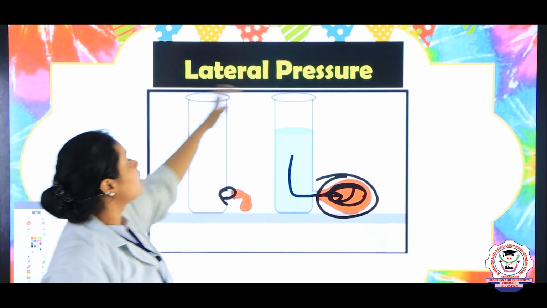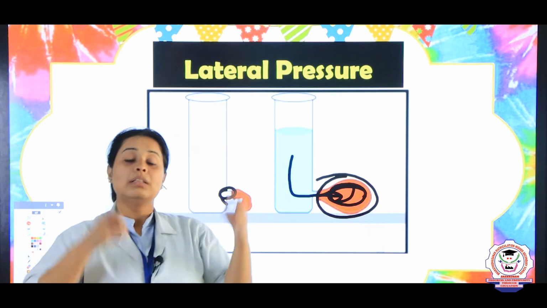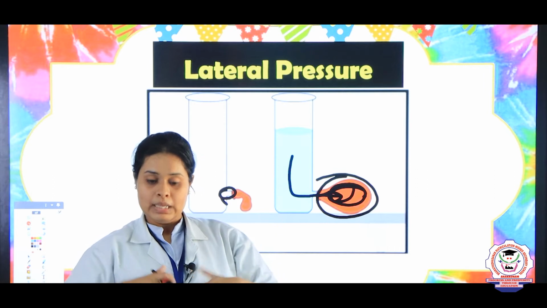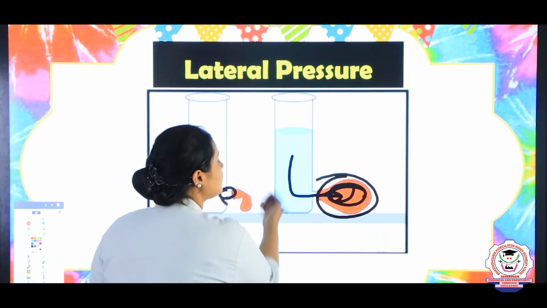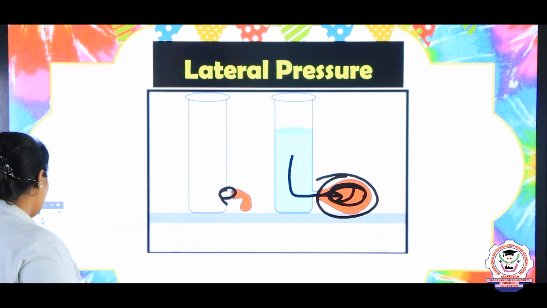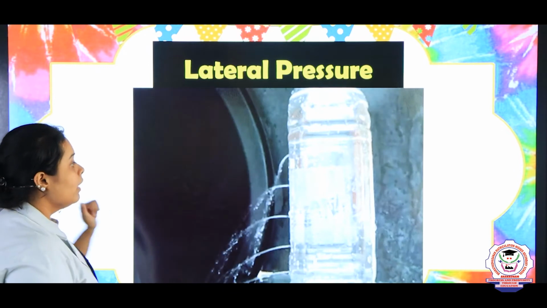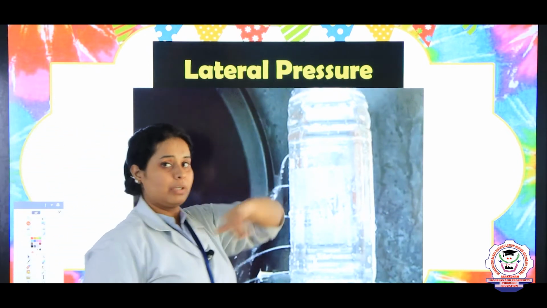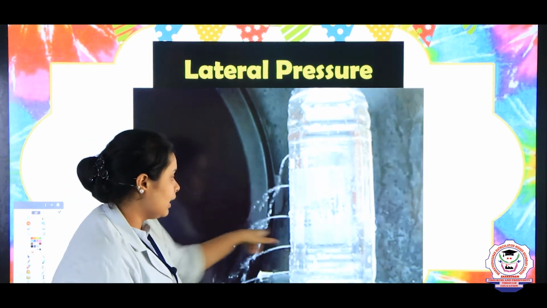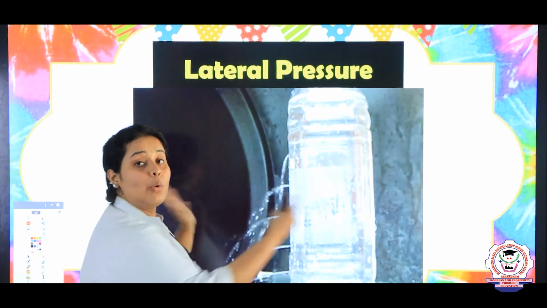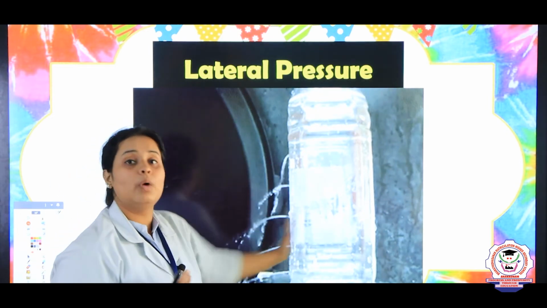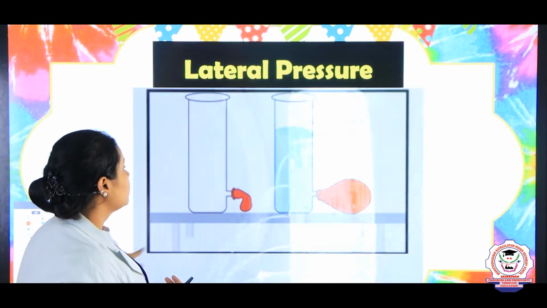So here again lateral pressure shows that when the pressure is applied from the top, you will see that the pressure is experienced by the sides of the vessel. One example is this, and one more example let me show you, it is this. So from up, when you are putting water inside a water bottle where there are holes, you will see that the liquid flows out, right, because it shows that there is some kind of outward pressure pushing the water outside. Okay?